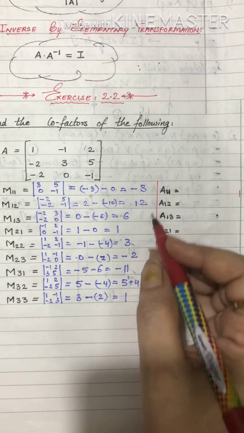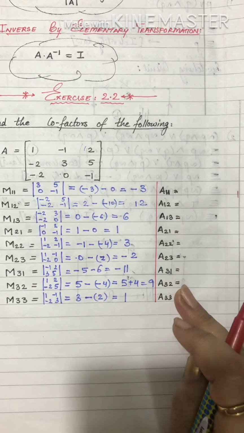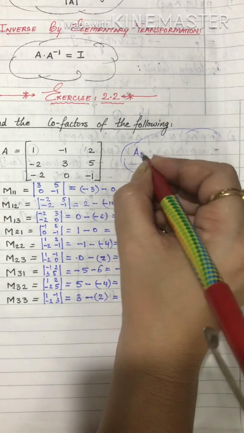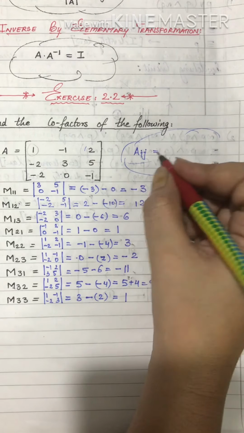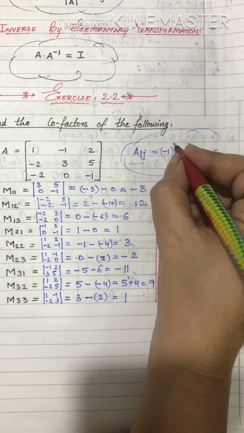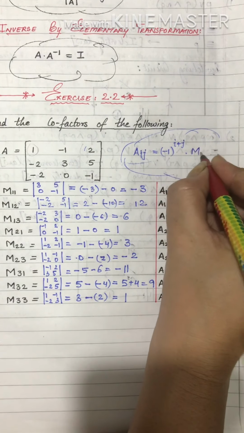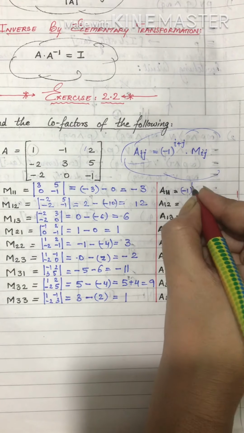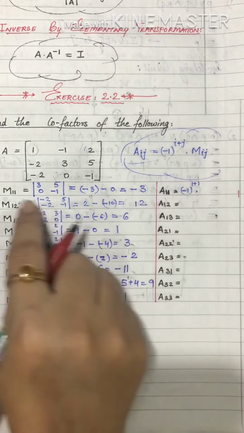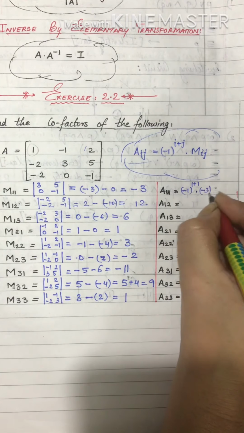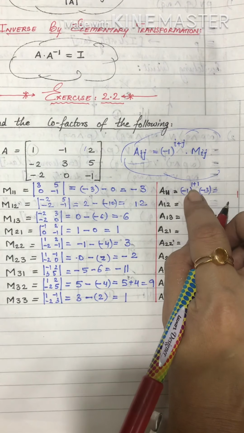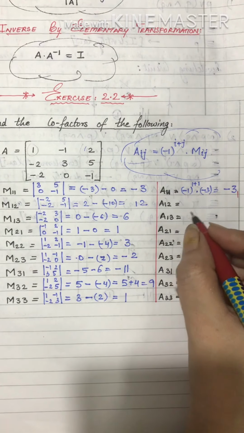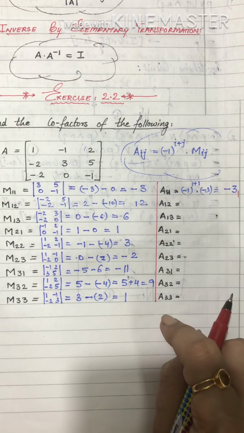Okay, now next towards finding cofactors, I have listed here all the cofactors which we need to find out. Now just giving you an insight of how to find a cofactor. This was the formula, minus 1 raised to i plus j into Mij. So here A11, what we will get, minus 1 raised to 1 plus 1 into M11, that is minus 3. So minus 1 raised to 2 will give us 1 into minus 3, the answer will be minus 3. Okay, so this is how we will find the cofactor for all the terms given here.